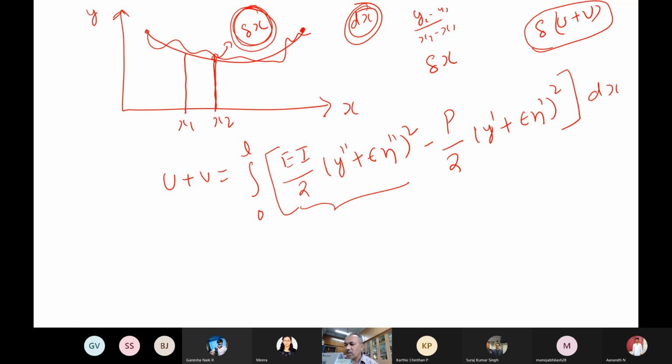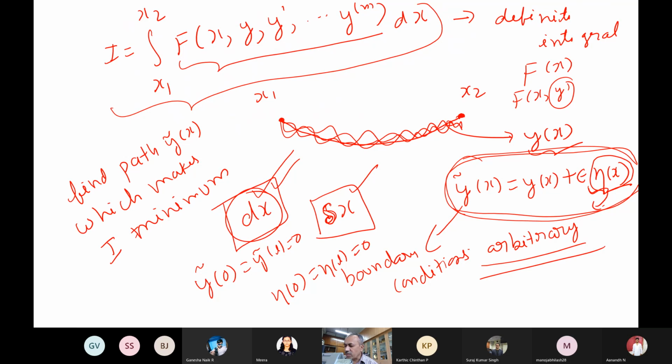Of course I have to find out the path which makes my energy minimum or maximum or whatever. But putting this dou operator here essentially links to what? It is controlled by which quantity on your right hand side? Which parameter controls the difference between the paths? Epsilon. Excellent. So this is the one which controls.